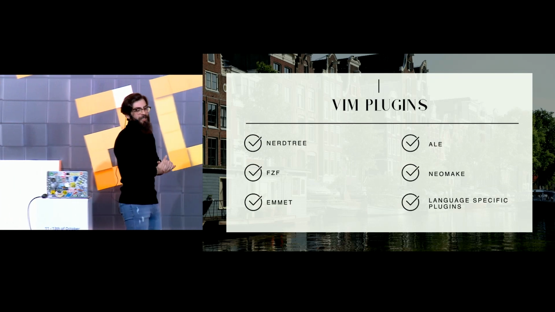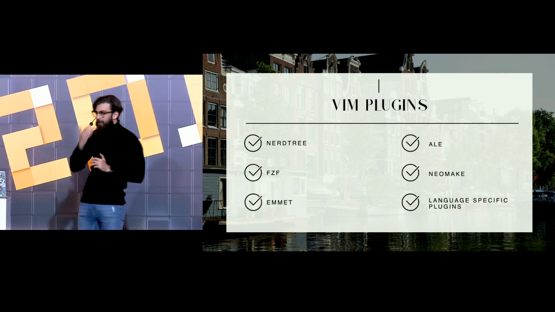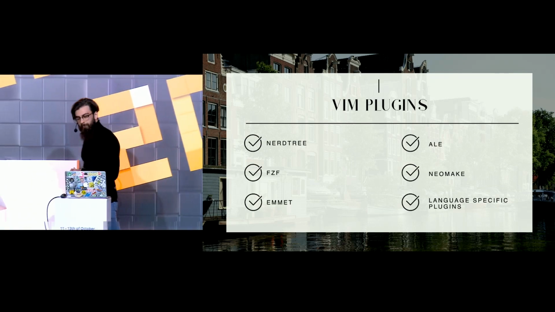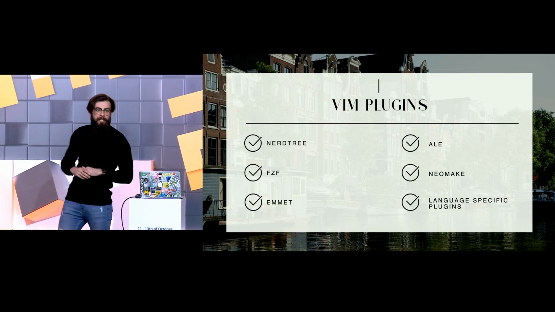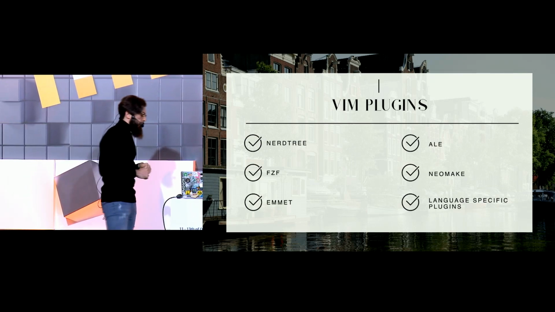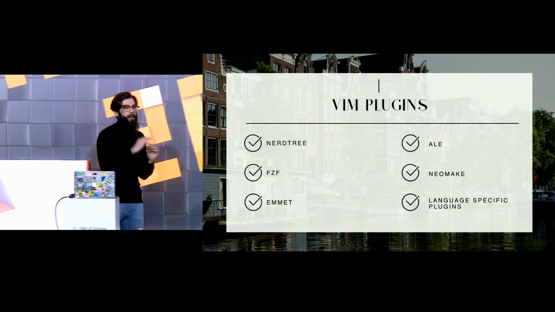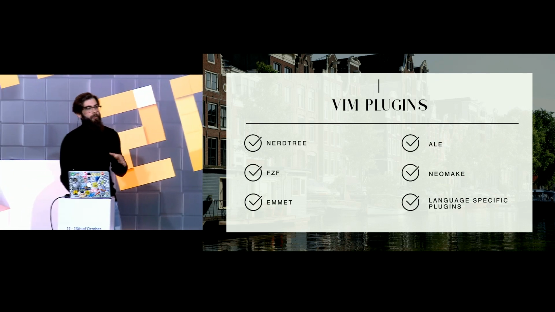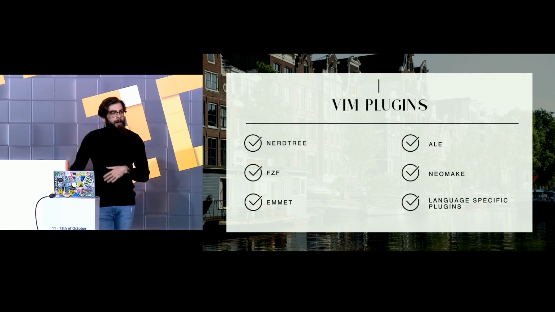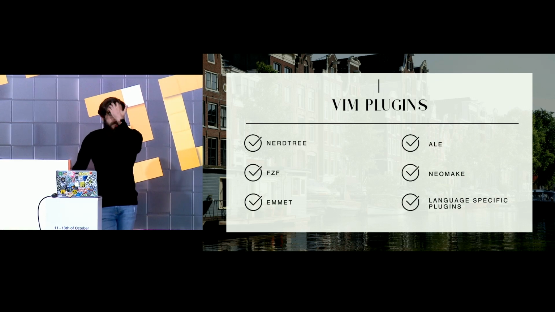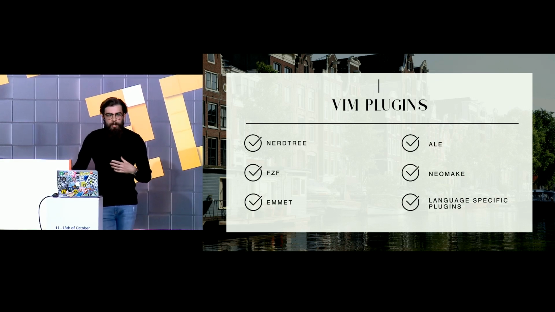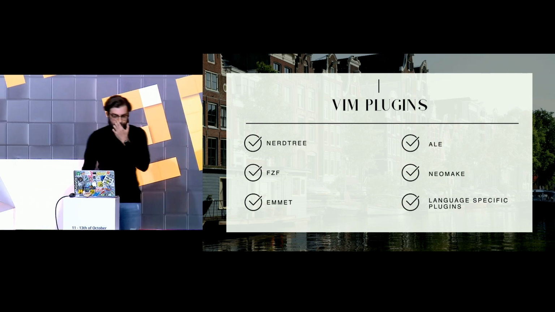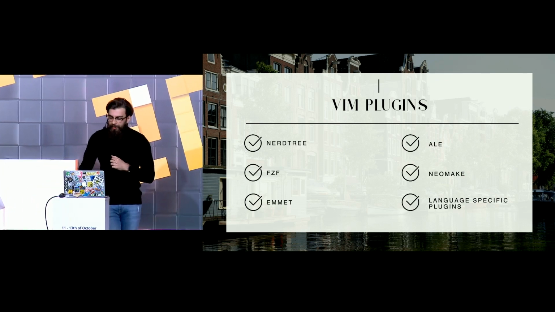Some of the Vim plugins I use, these are the ones I consider to be essential. I really like NERDTree because it gives me a very nice tree structure so that I can see how my files are placed. So I can manage folders and do all those things. I know people that don't like using NERDTree, that just use native features to deal with files and moving them around. And you can definitely do it. I just think it's more comfortable. Let's put it like that.